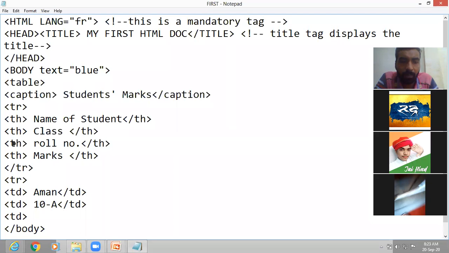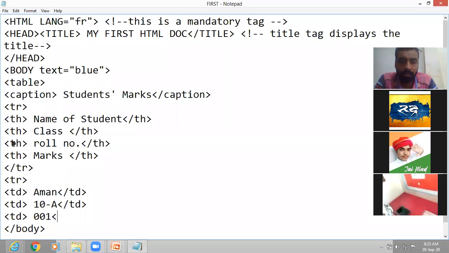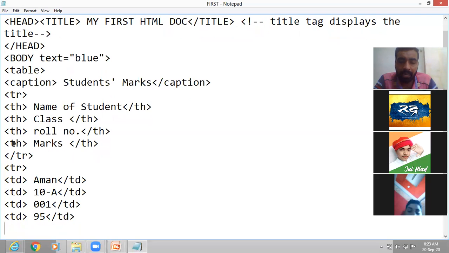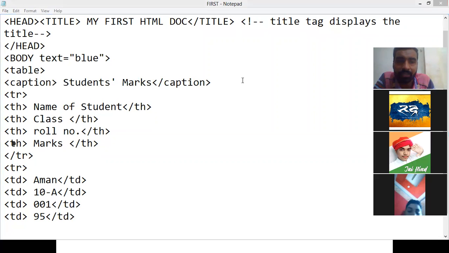Suppose the roll number is 001. Then close TD. Then next, marks. Suppose the marks are 95. Now close TD. And then this row is finished. The row of the first record is finished.